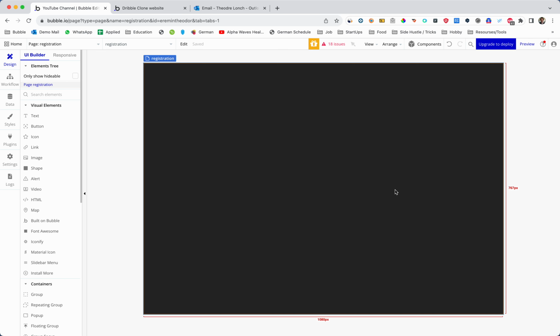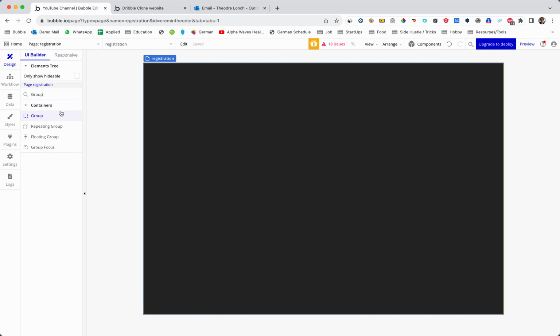In today's tutorial, we're going to build sign in, sign up functionality in Bubble. We're also going to design and develop verifying email of our users and restoring a forgotten password functionality. So let's get started. I would like to start from registration blank page, and we're going to place group element